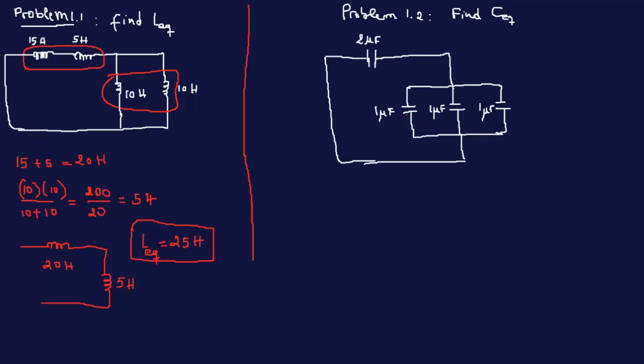For resistors you would put 1 over 1 over 1 over, but for capacitors we add them together. So these three are in parallel, so this total would be 1 plus 1 plus 1, that's 3 microfarads,